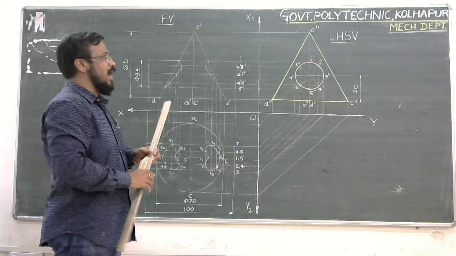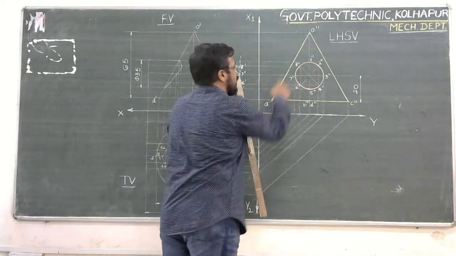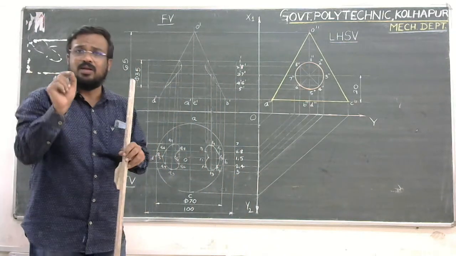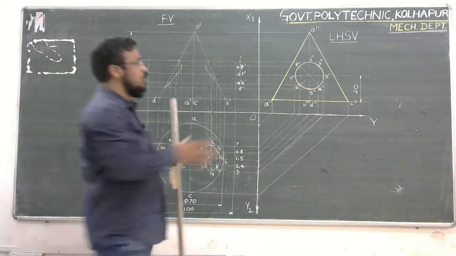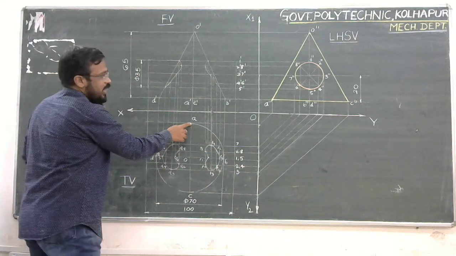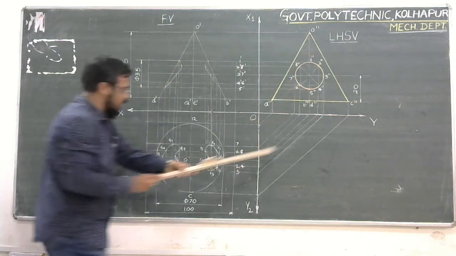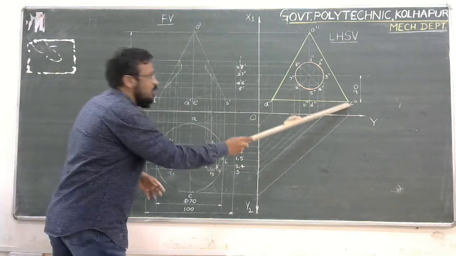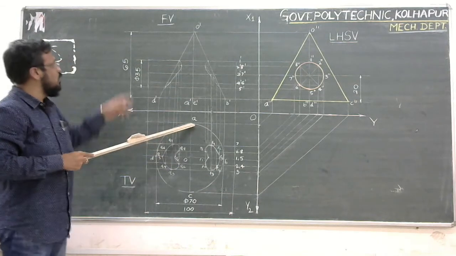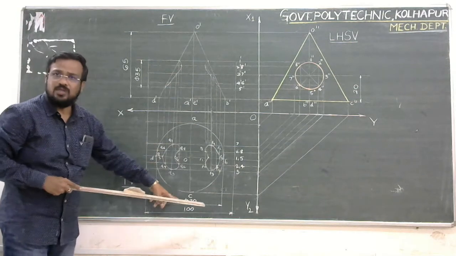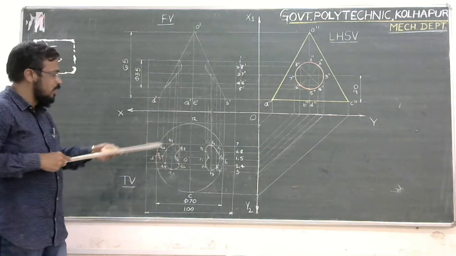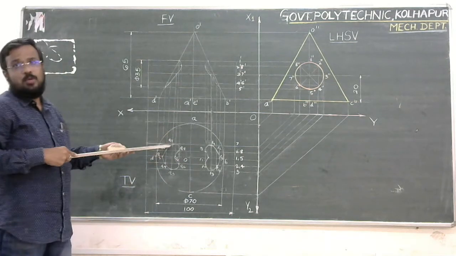Okay. So before that, I have just transferred these points C double dash, A double dash, O dash, O double dash. That is nothing but the representation of a pole, a standing pole. So I have transferred these points, back projected, so that I will get point A here. Similarly, O double dash I will get somewhere here. Then I will get this C double dash here. And with this O to A radius, that is, diameter is 70, so radius 35, I have described it in the form of a circle. So this is nothing but the representation of the cone in the top view.